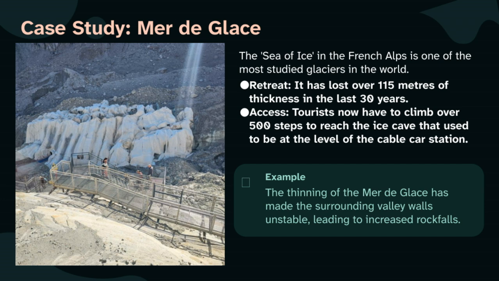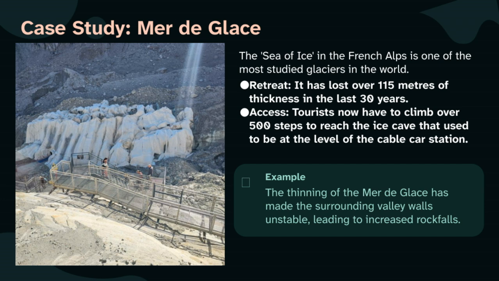There are also environmental consequences. As the glacier thins, the surrounding valley walls can become unstable. Ice can act like support for valley sides. When that ice disappears, rock that was once held in place can become loose, increasing the risk of rock falls. So, the Mer de Glace shows us several impacts at once: loss of ice, tourism disruption, landscape instability, and visible